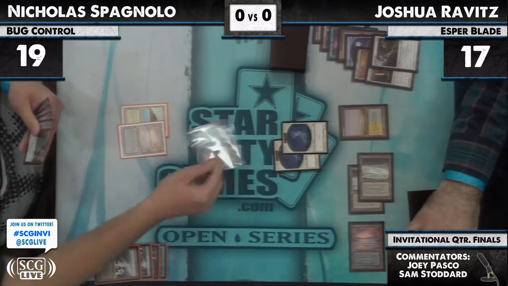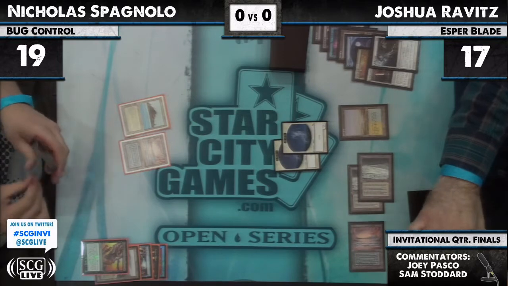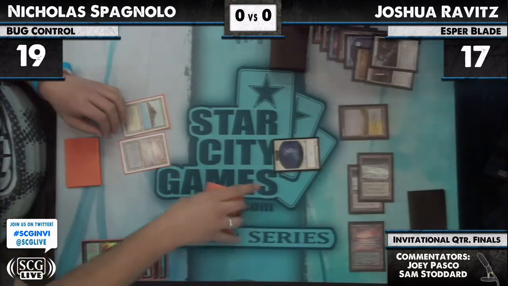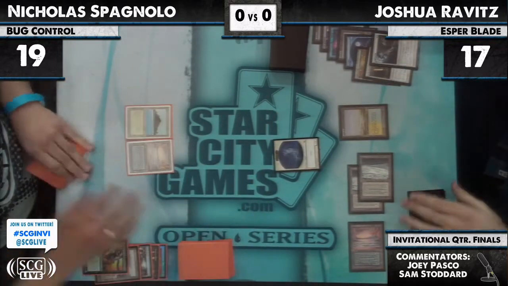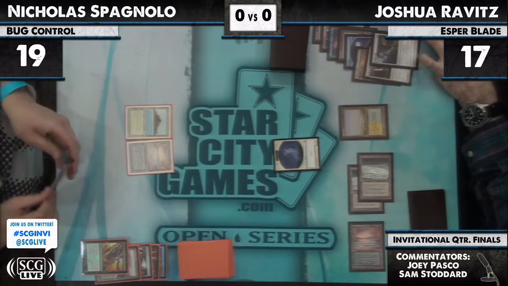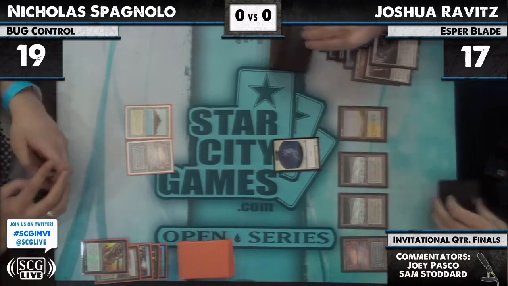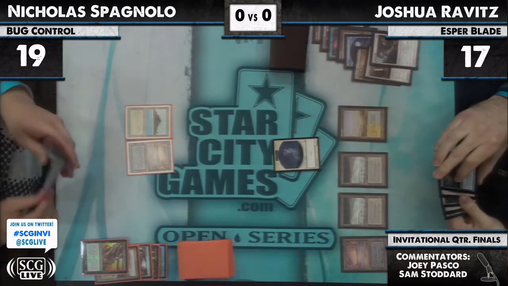Certainly, anytime you have a control matchup like this, drawing lands is pretty important. You need to be able to match your opponent land for land as long as possible. So end of turn, he Dark Blasts one of those spirits. Dark Blast is largely dead in his deck. He doesn't have a whole lot to do with it, so...